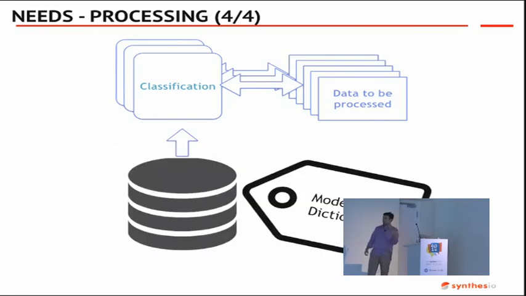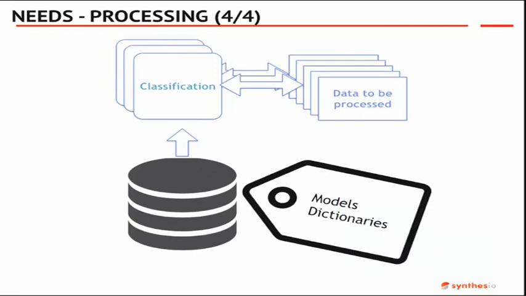But there's one specific point, which is that our processes cannot be spawned easily because we need to load a lot of data. When you think of a classifier object, you need to load the models, you need to load dictionaries, and whatever else is required for the system. And sometimes it can easily reach half a gigabyte. So it's not something that you just load from a hard drive, do a classification of a few sets, and then go down and start again with new sets.